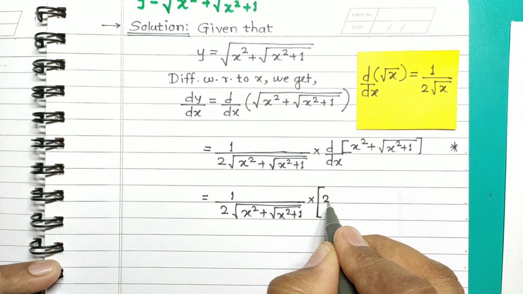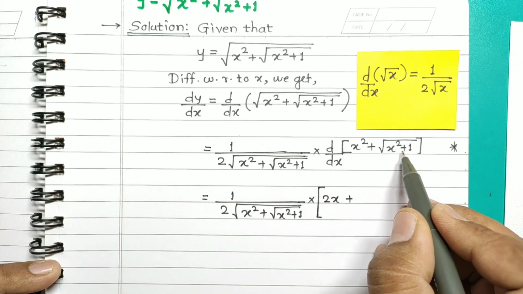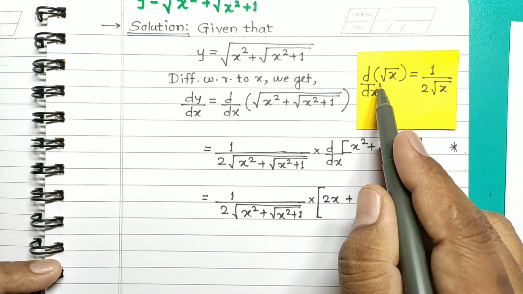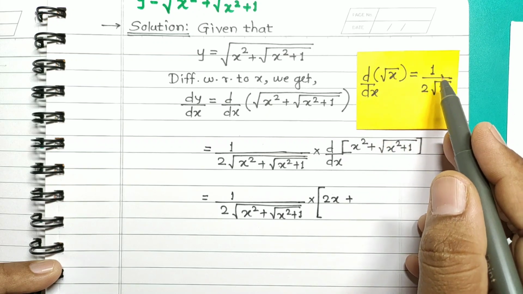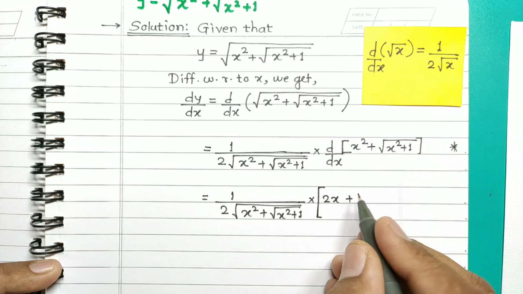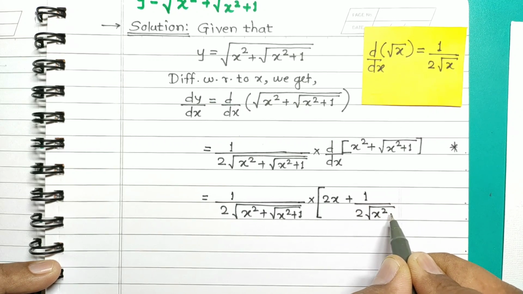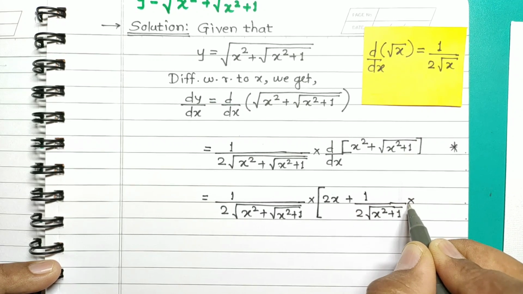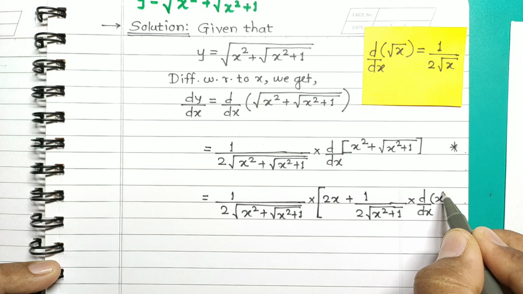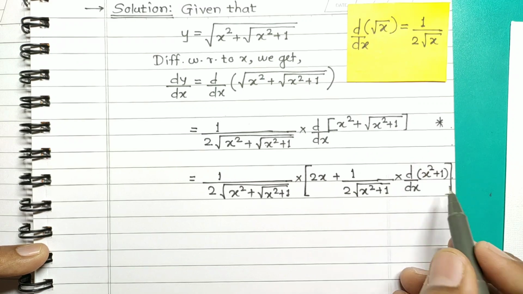Derivative of x square is 2x plus, again see, it is root of something. Again it is a composition. So treat it as root of something, and we have the standard form as derivative of root x is equal to 1 upon 2 root x. So derivative of root of x square plus 1 is 1 upon 2 root of something which is x square plus 1. Then by chain rule, we multiply this term by derivative of that something function which is x square plus 1. So again we have used chain rule here.